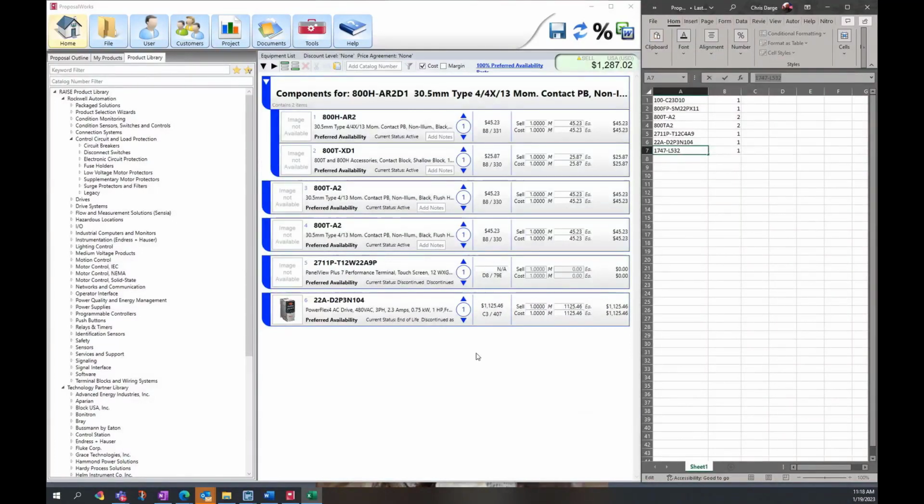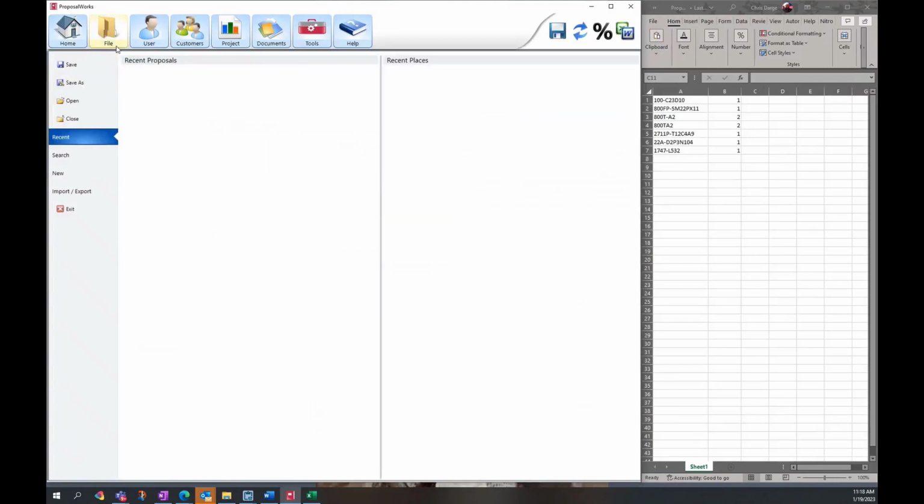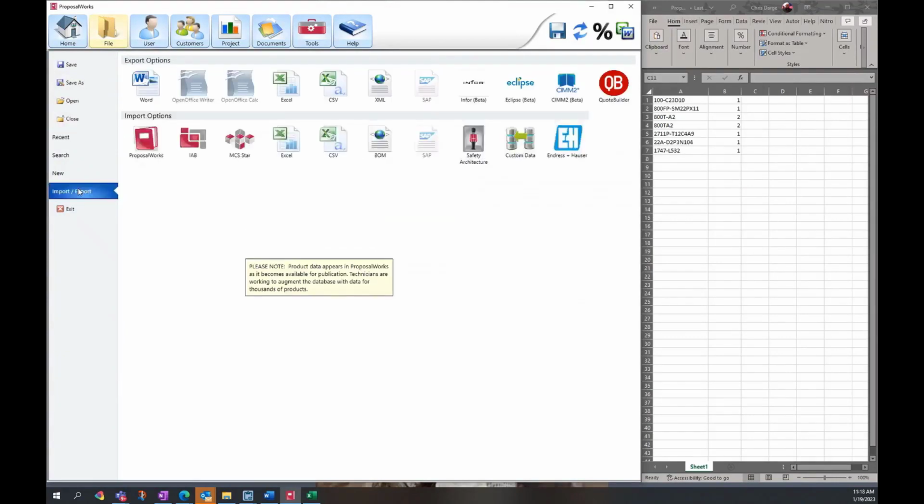Hey, Chris, I see you have a spreadsheet open. What if you're kind of copying one by one, what if you had a spreadsheet of parts and you just wanted to bring it all in at one time? Is that something you can do? Yes. Let's go in here and